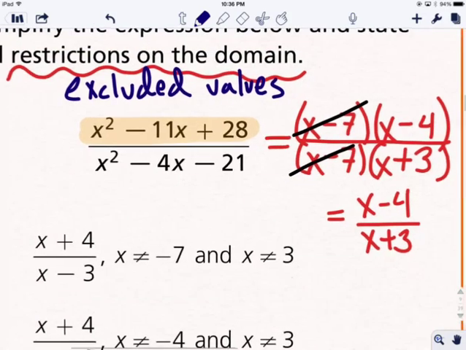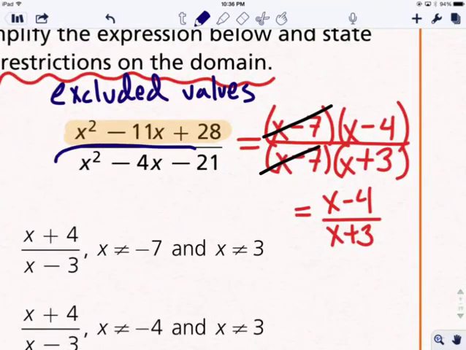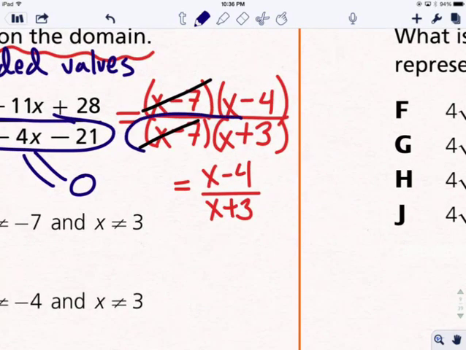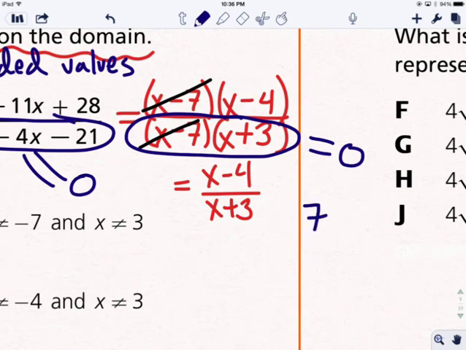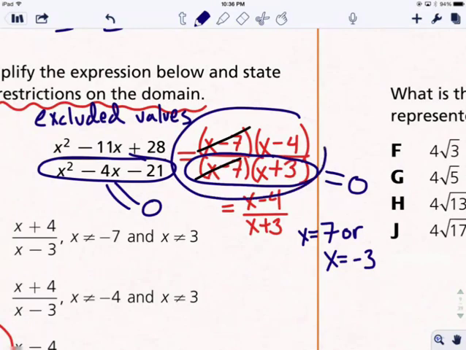Now remember that a number is an excluded value if it makes the bottom of the fraction equal to 0. So we're asking what will make this part of the fraction equal to 0. Well, I hope that you see that it could either be a positive 7, so x could be positive 7, or x could be negative 3. And because we don't want the bottom to equal 0, because that'll make the whole expression explode into infinity,